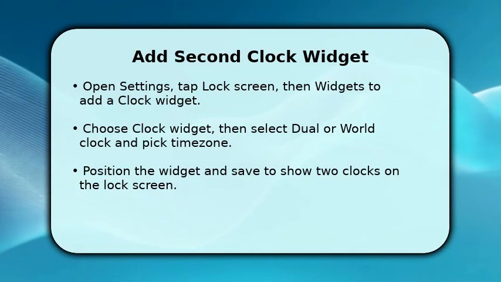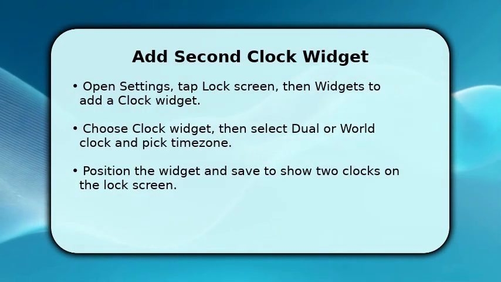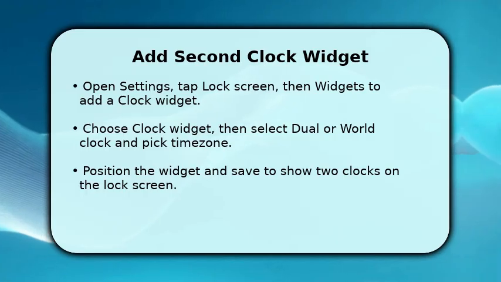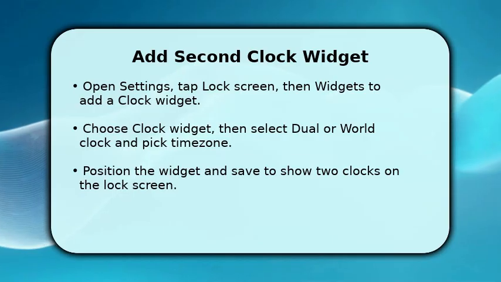First, open Settings on your Android device and tap Lock Screen to access widget controls. Tap Widgets or Lock Screen Widgets depending on your model, then tap Add Widget to choose a clock. Select either Dual Clock or World Clock if available, and then pick your second time zone, such as London or